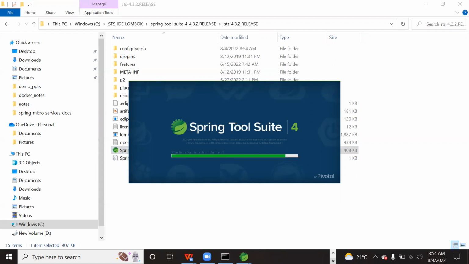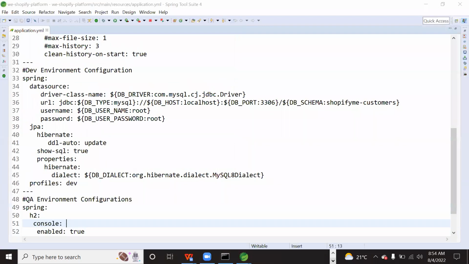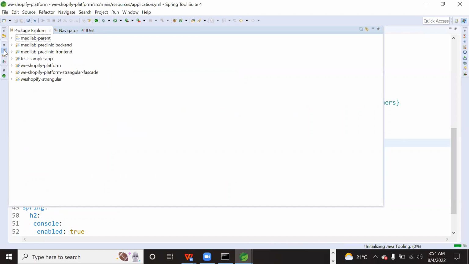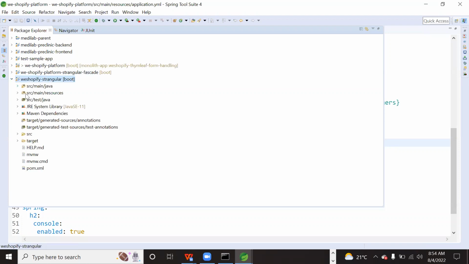Okay, the triangular pattern is the way we will step by step convert the monolithic application into microservices, because converting the whole monolithic application into microservices in a single shot is not possible, in fact impossible. That is the reason we will convert step by step. If you can see here, there is a Shopify triangular we have written.